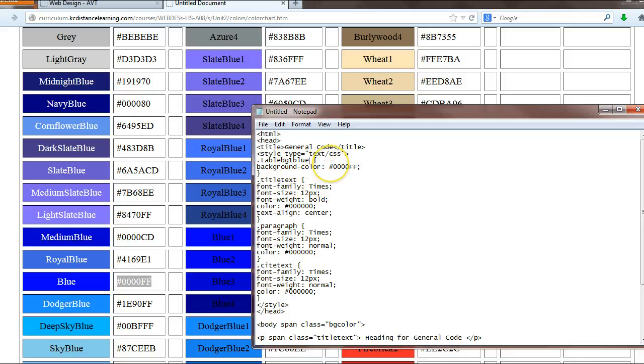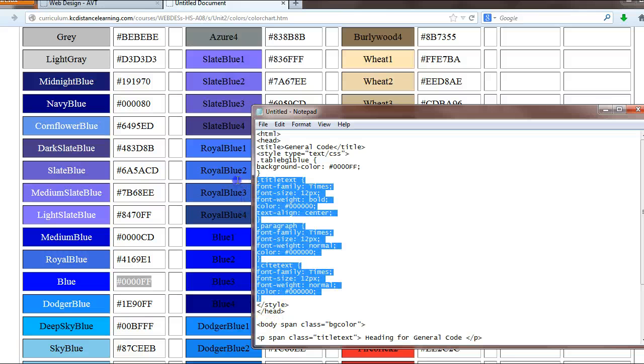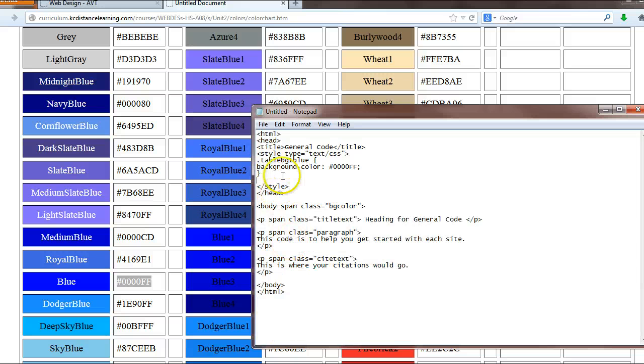And I'm just going to put table background blue so I can keep my color straight. So my table background 1 blue is my blue color. So I don't need to apply any text again or font color. This is all I need for the table background colors that I'm using. So I'm going to get rid of all of these other CSS styles that I don't need. I'm not working with text, I'm not working with paragraph styles, I'm not working with citation text, I'm just working